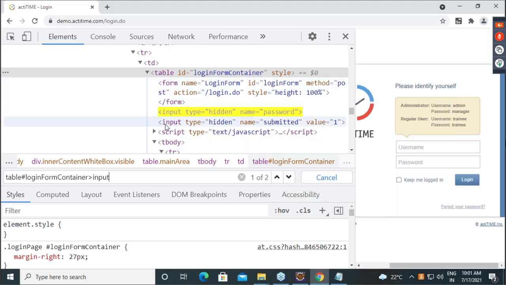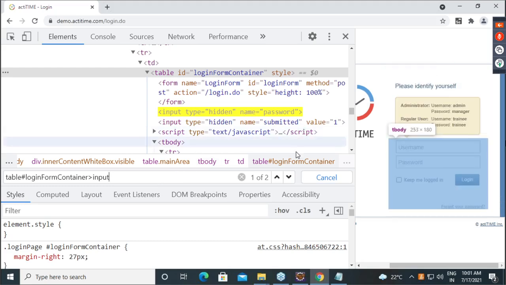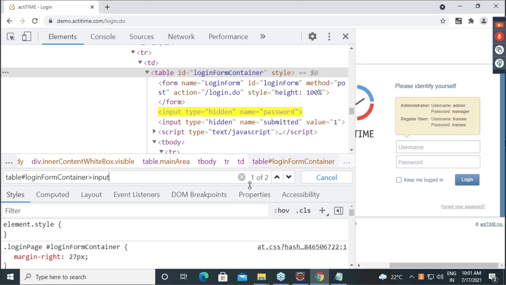Now, how many matching are there? Two matching. Now let's say if you try to do something like this, it will not work.